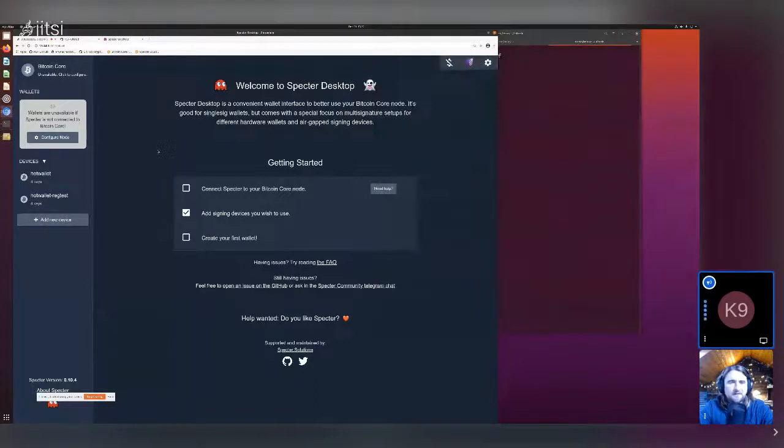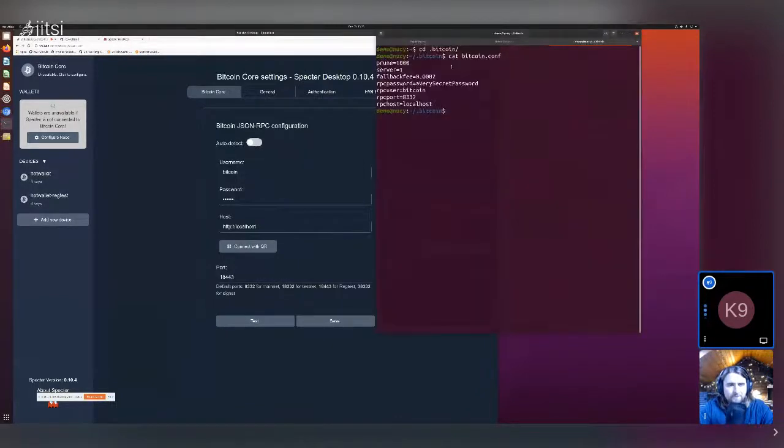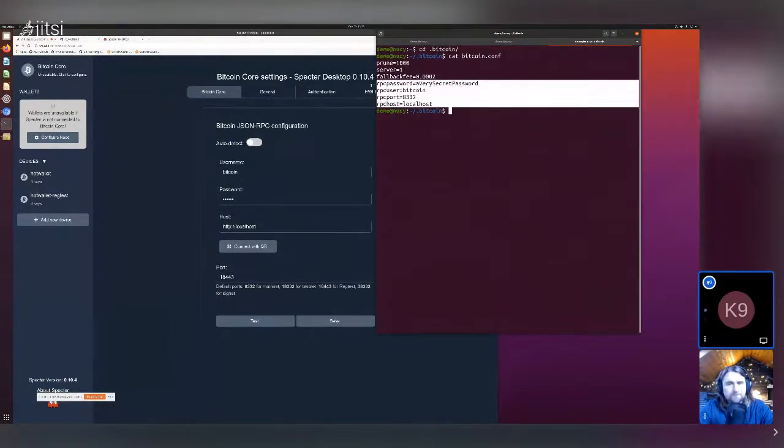So I guess the RPC connection is not yet ready, because what you usually get is an auto detection mechanism in there. If you're running Spectre Desktop on the same machine and the same user as Bitcoin Core, then Spectre Desktop will just look into its .bitcoin folder and parse the configuration in there, and will know, okay, this is the RPC password, and this is the RPC user, and that's where I can find my Bitcoin Core, right? And then in that case,